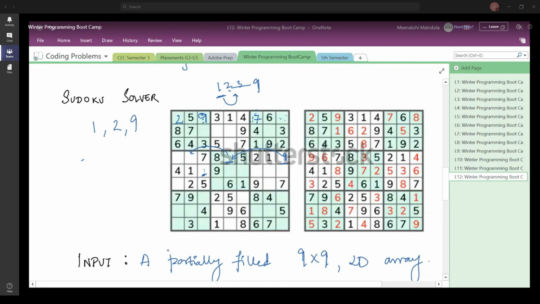Okay. Again, I'm saying this sounds very tedious and it looks like it is very complex for you to write down the code. But once you understand it is not, and you'll be able to do it very easily, it is just a few lines of code. Okay. So is this clear? Is this clear to everyone?